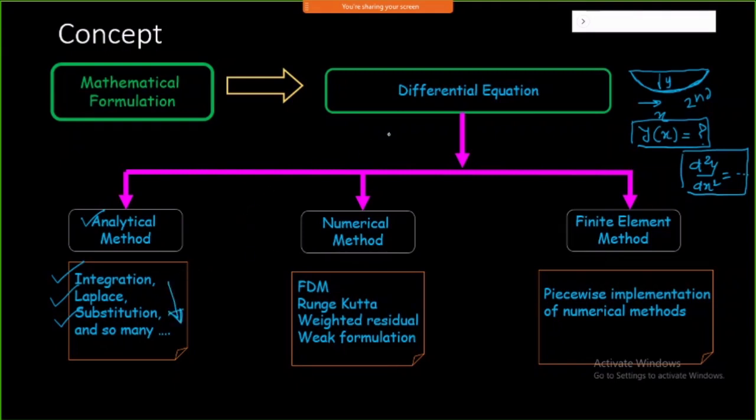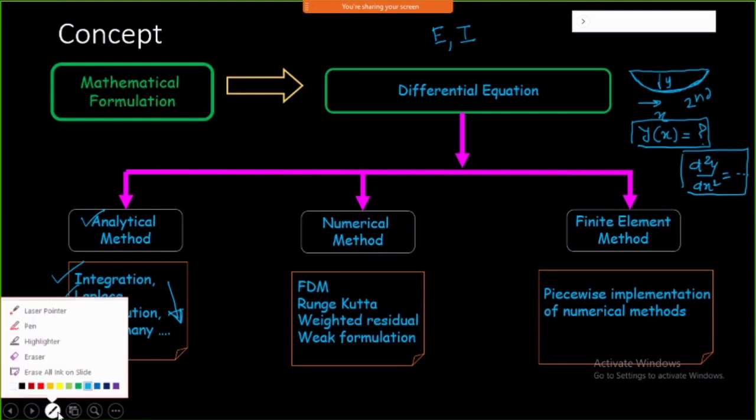But in this case we assume the material property remains constant, isotropic material. My geometry also remains constant. These are basically the limitations of this analytical method. You can't get an entire closed form solution in this case, and that's the reason we need to look into a somewhat more approximate kind of method, and that is numerical methods.